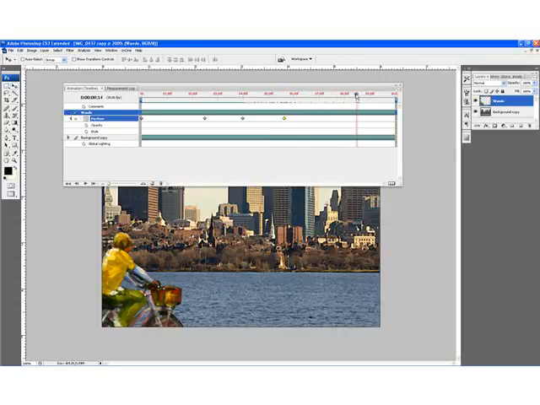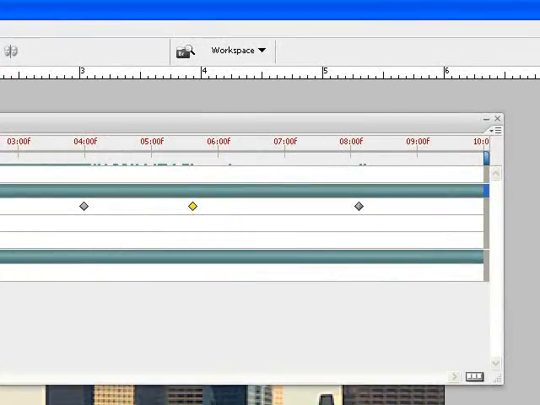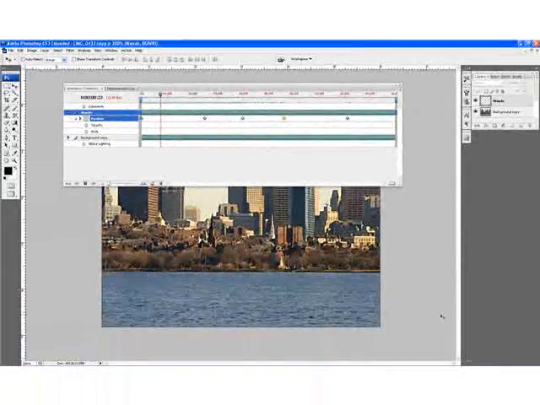So we're going to take about, let's see, a couple of seconds, a couple of 3 seconds, somewhere around here, to let him ride off. And now we're going to just have him go over here, and it sets the keyframe to put him over here. And that's the end of our animation. If I bring this back and hit the space bar to play it,